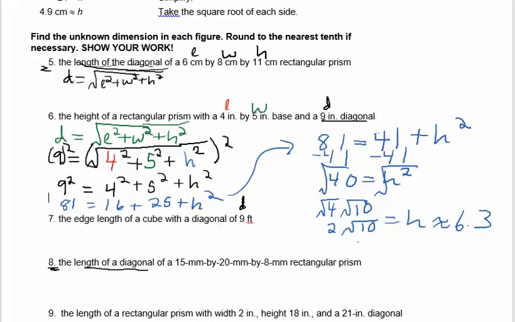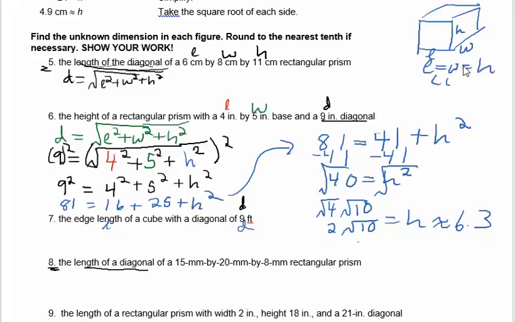And then you're done. And number 7 will be done similar to that. You'll be looking for the edge length, so you'll be looking for L, and they give you D. But wait, we don't have any other information, except that it's a cube. In a cube, all of the dimensions are the same. The length is equal to the width is equal to the height